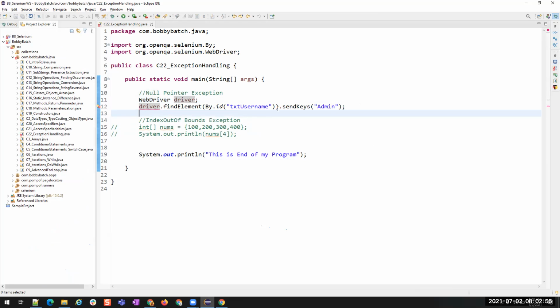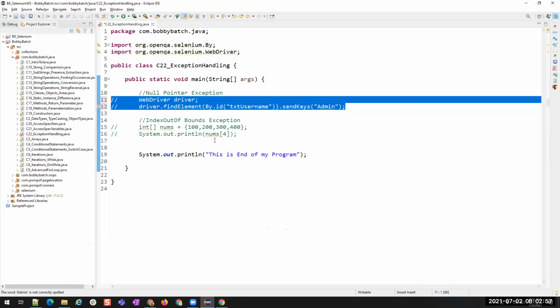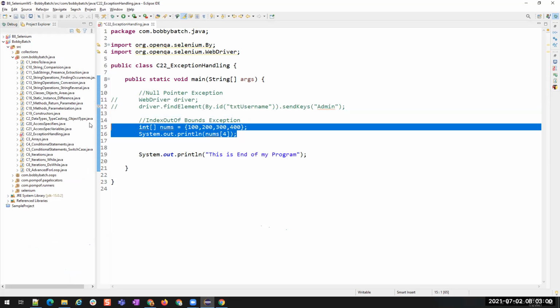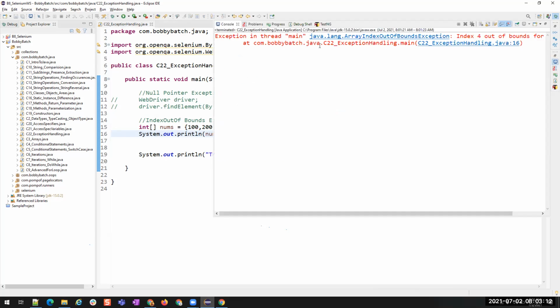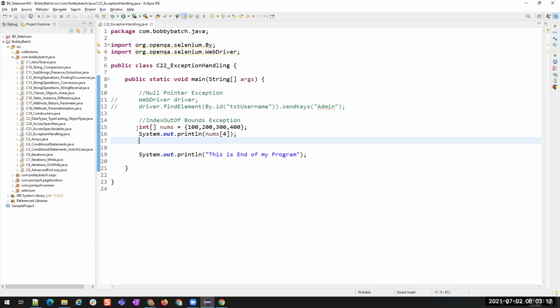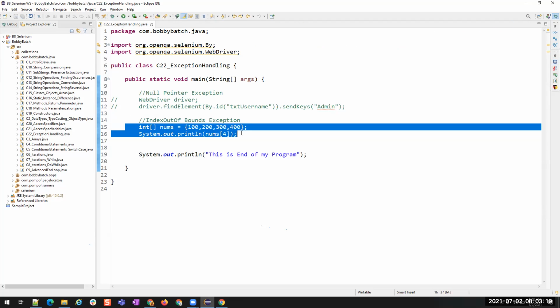And for example, now if I take the below one, is it throwing any exception now? Do we have any errors or warnings now? Right? But when I run, it is giving me this array index out of bounds exception. So if you don't see any warning while compiling or while saving the program, but you see it only when you run it, then that is called a runtime exception or unchecked exception.